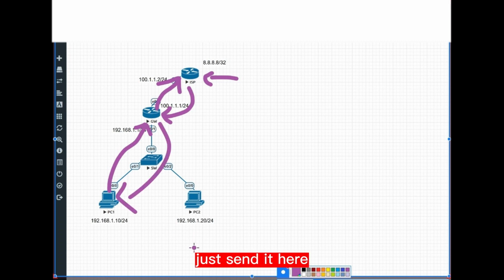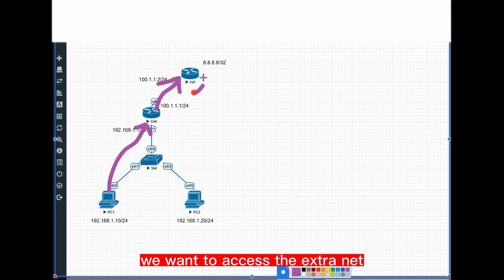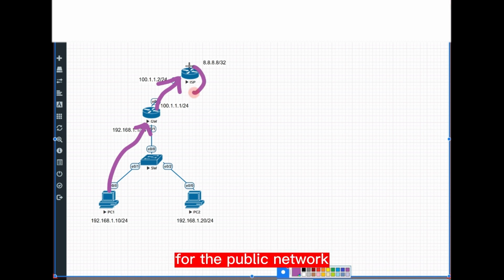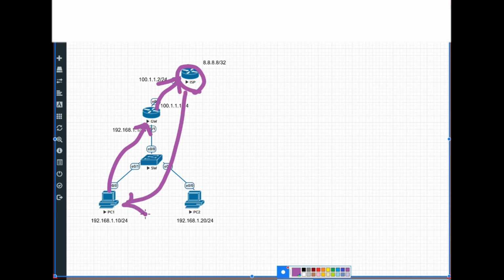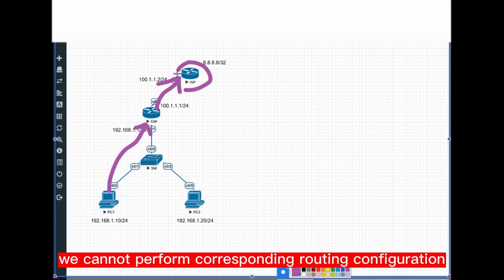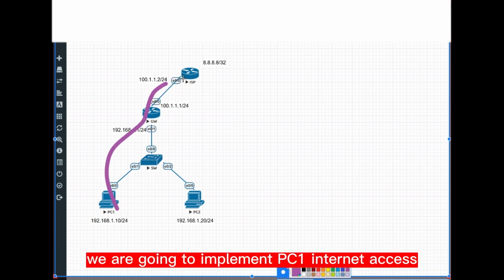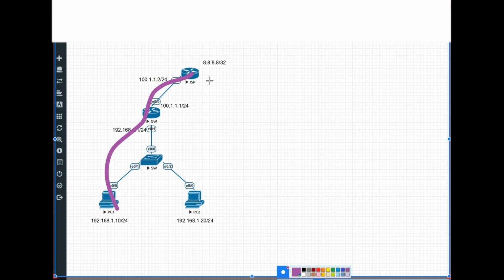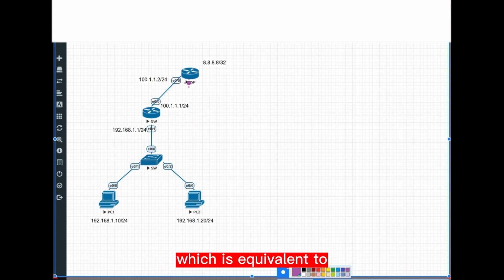Just send it here. But what we're talking about today is, we want to access the extranet. For the public network, it will not write a static route to the internal private address segment. We cannot perform the corresponding routing configuration on this device today. We are going to implement PC1 internet access, and the ISP passes it back, which is equivalent to there being no route to